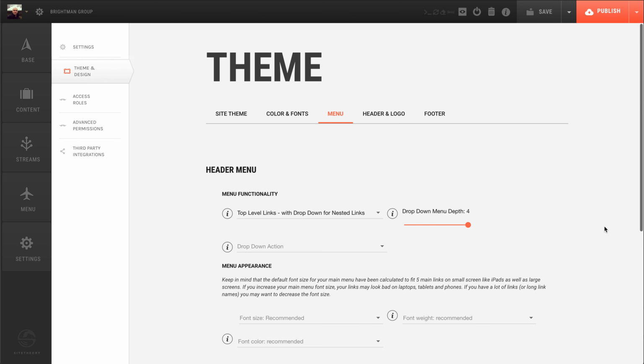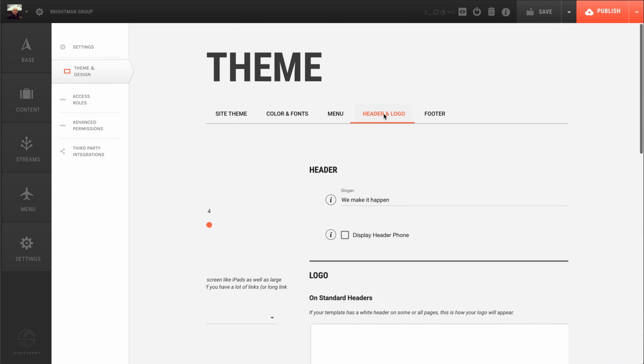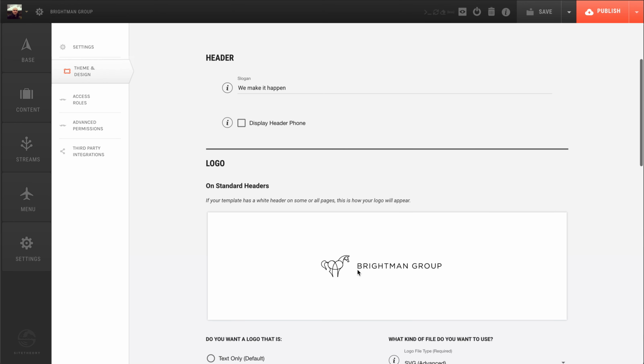You can control how the menu is going to work, whether it's how many levels, whether you have a sidebar or everything's up in the top bar menu, whether you want a footer sitemap. Headers and logos, you can obviously add your own logo. It can be